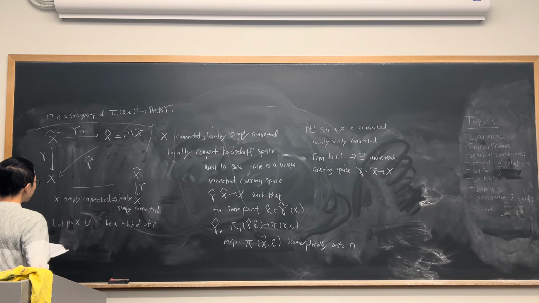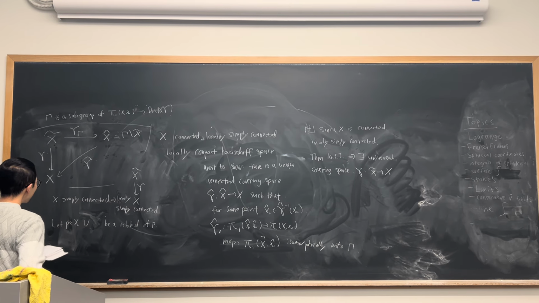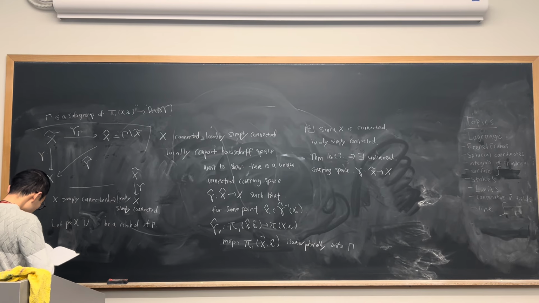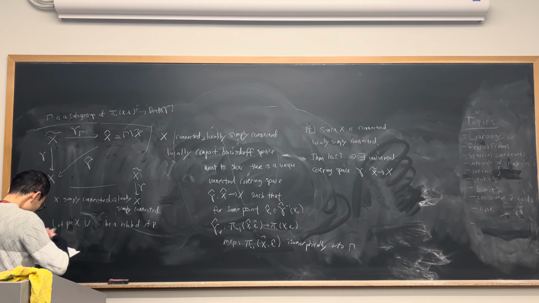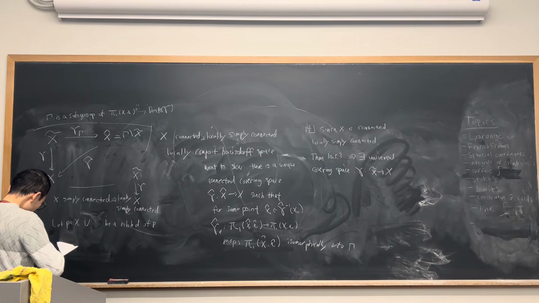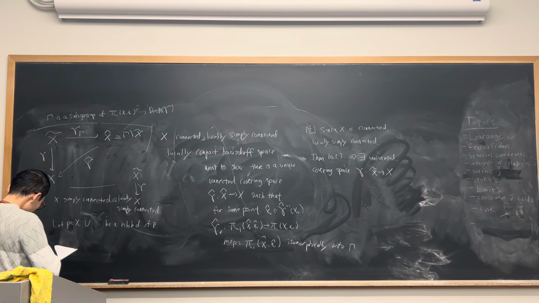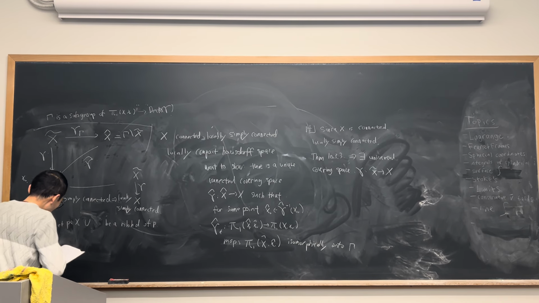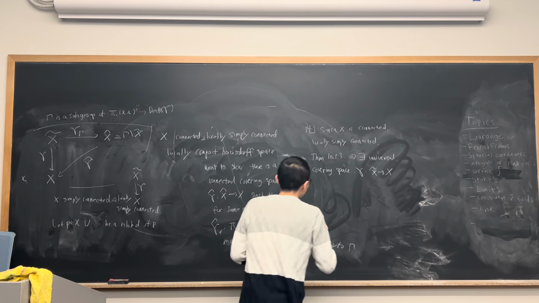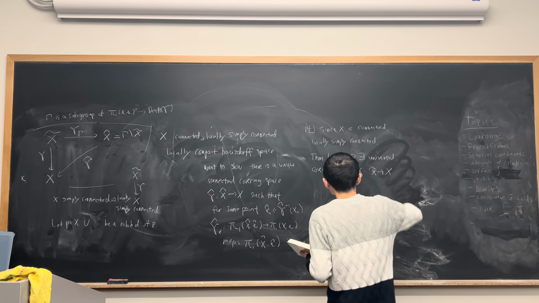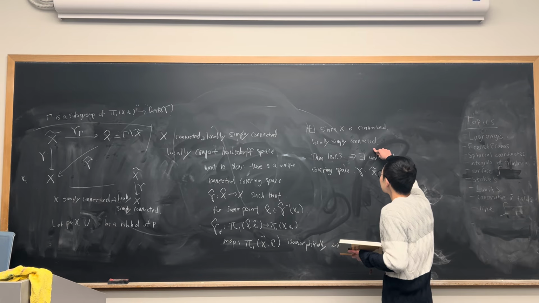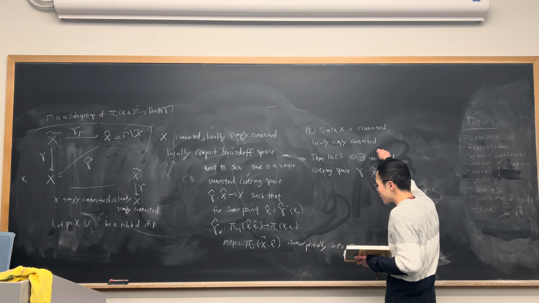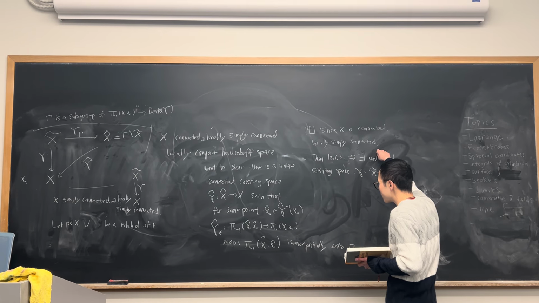Why is there a neighborhood? X is simply connected. Because this X is, we know that this X is connected, locally simply connected, right? So this implies that because this X is locally simply connected, and also by the property that